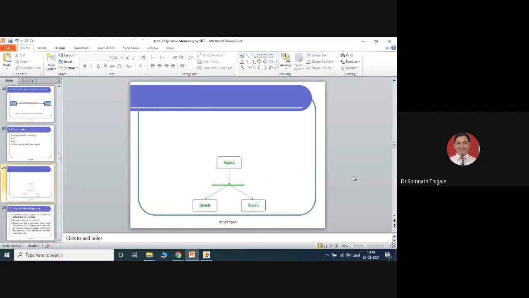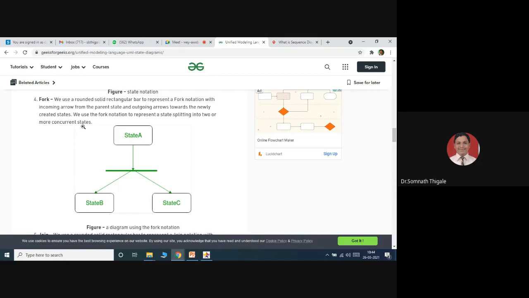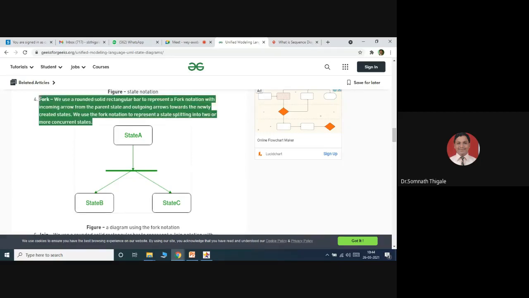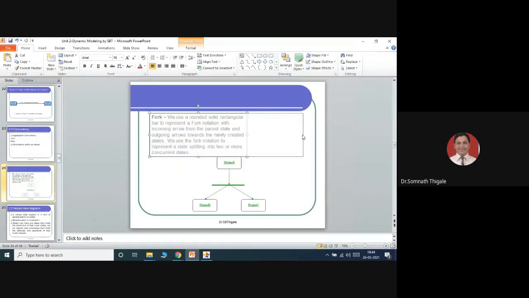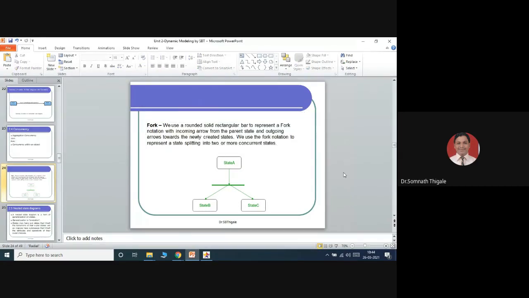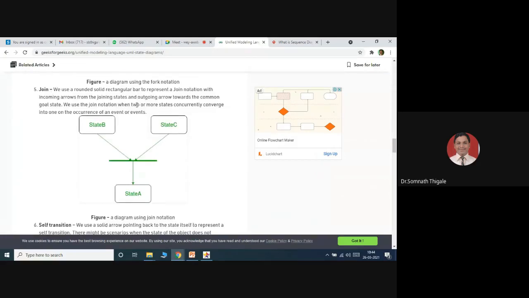So that you can easily remember this. This I'm calling a fork, and exactly the reverse of the same I'm calling a join.